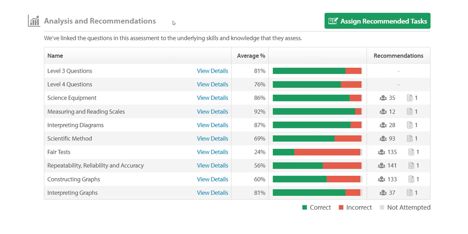Also, overall for the whole group, the whole cohort, or the multiple classes that you've assessed, you can see analysis and recommendations. This gives you a really good insight into how many questions at each level the students got correct. So slightly more level 3 questions correct than level 4. You will find that level 5 questions are a bit of a step up, so that would drop off again